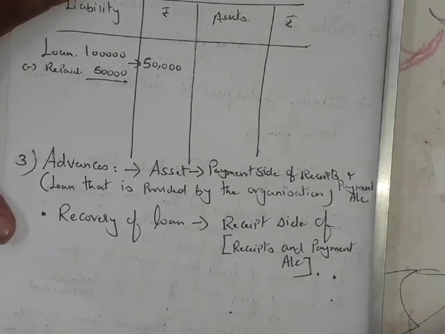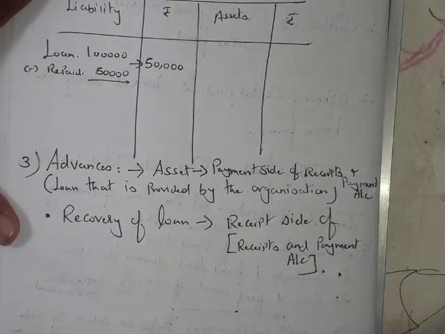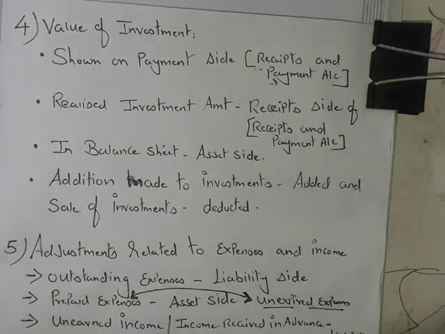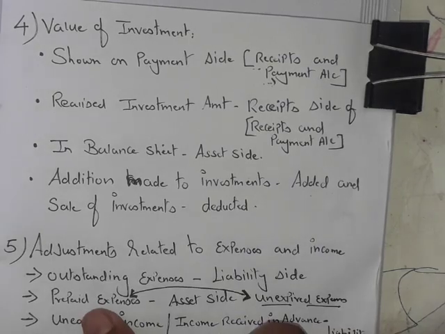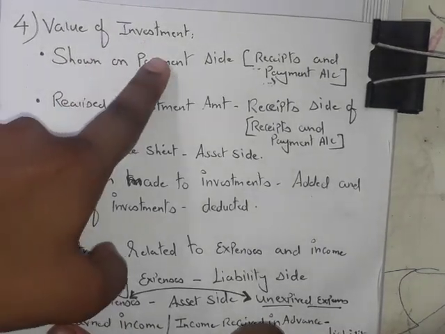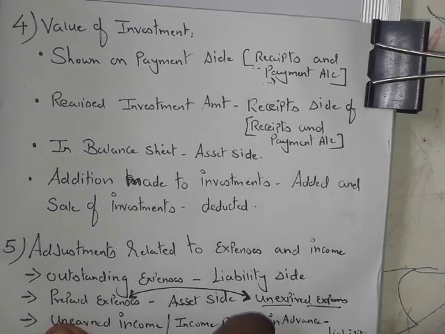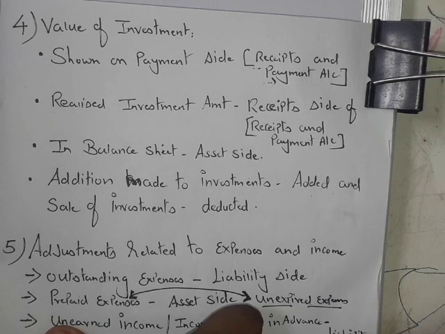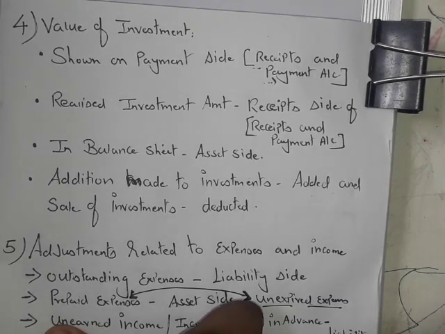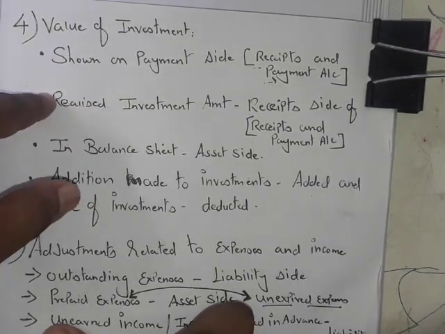Right. Now let's move on to the next segment, the fourth one. The fourth one is valuation of your investment. Investment is nothing but a fixed asset. Like how we derive the value of a fixed asset, we must also ensure that the value of investment we are going to record in our balance sheet is also